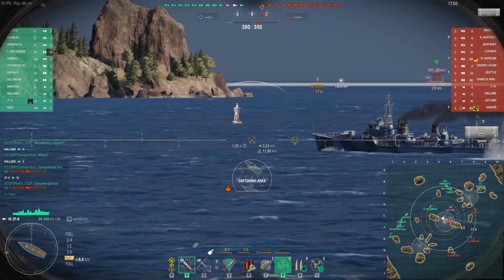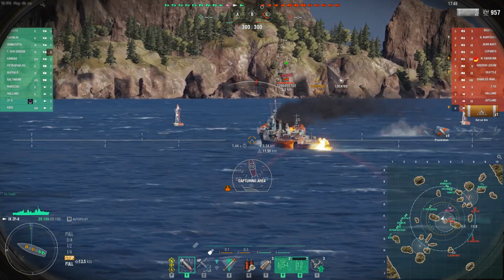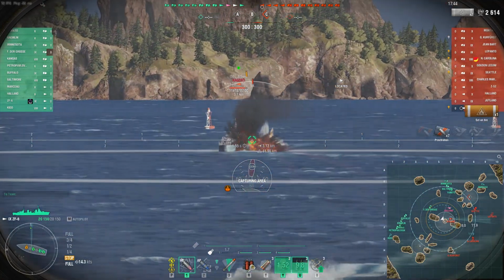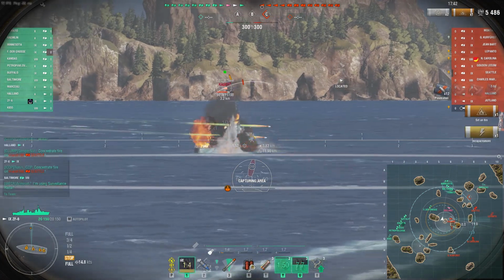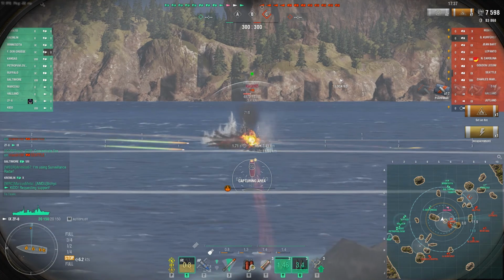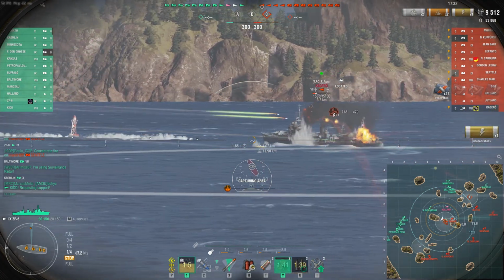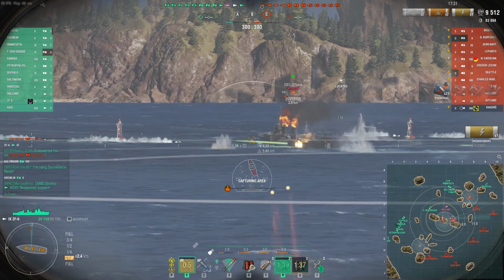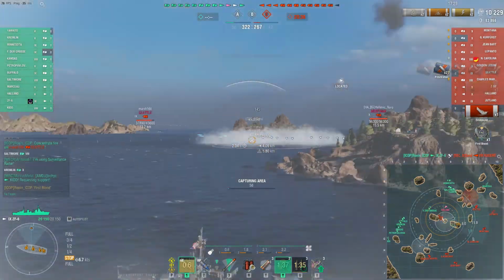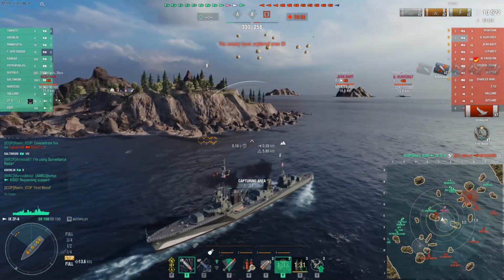Now you can see that the HE doesn't do a whole heck of a lot, unfortunately. If you use the reload booster, you can see I'm going to back out of the way of these torpedoes. If you use the reload booster, you're going to put a lot of shells out. But the maximum HE shell damage is only 1,450. Now, if you're using the AP and you've got a target that